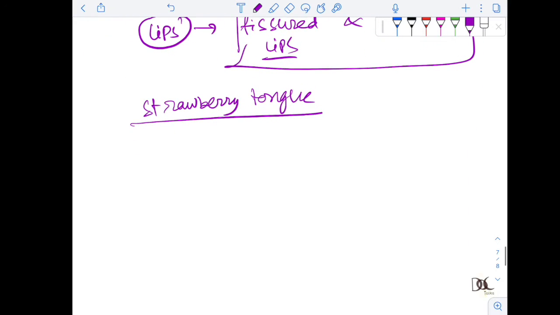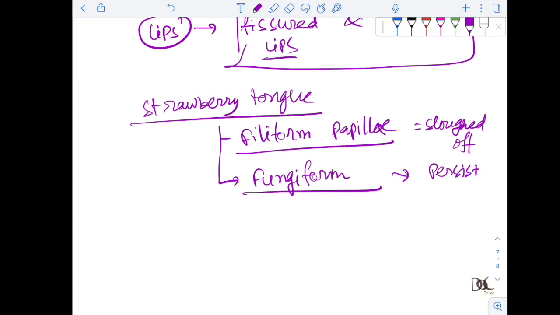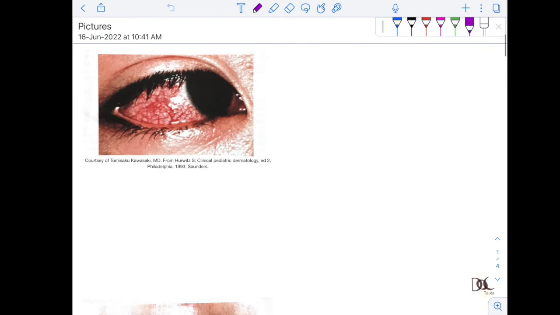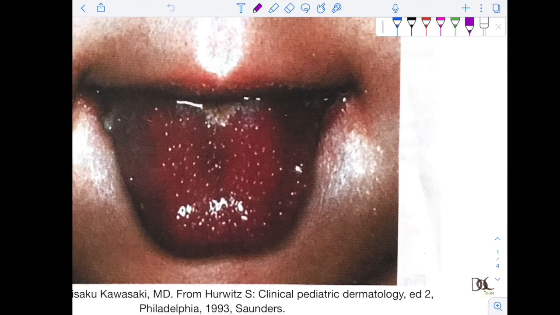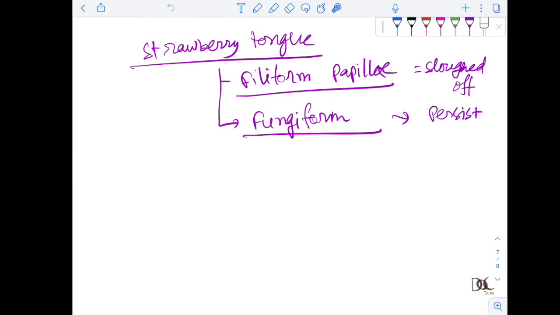How does it produce? The filiform papillae actually get sloughed off. And there is persistence of fungiform papillae. Yeah, they persist. So it's like a strawberry. You can see it. It's just like a strawberry. These are the fungiform papillae. Okay, I can see these are the fungiform papillae, and the red part is where the filiform papillae have been totally sloughed off, right? So that's the strawberry tongue, and